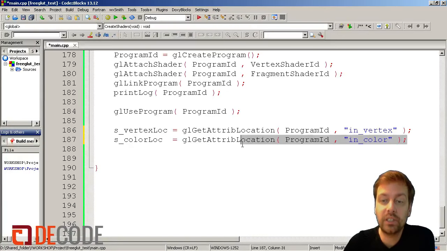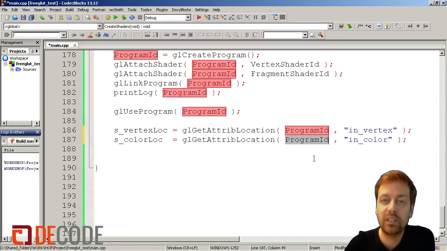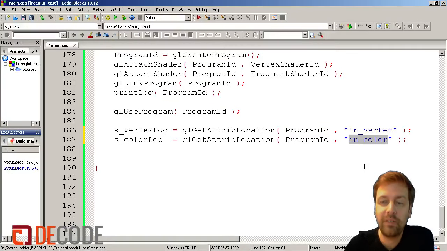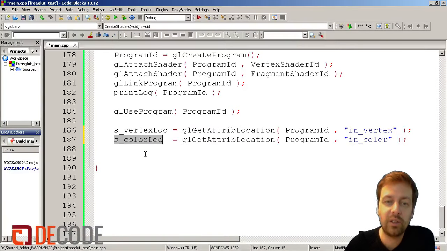So just one additional line working exactly the same. Please take the shader which is hiding, or the 2 shaders which are hiding behind this program ID. Look for a variable with this name and get the location of it, and store the location in my global variable. So we just have access to this variable inside the shader. That's the one step we need to do, and you see it's really exactly the same like we did it for the Vertex. And now that we know how to send data to this variable in the shader, we need